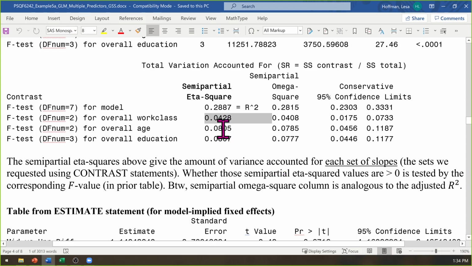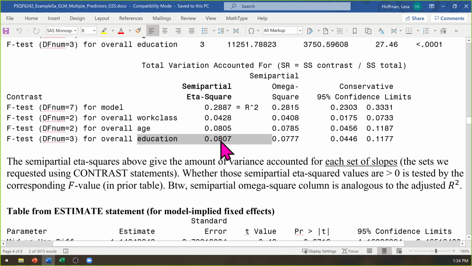So the 0.29, 0.04 of it is because of working class, 0.08 of it is because of age, and 0.08 of it is because of education. So these are effect sizes that tell you the relative importance of each predictor variable after factoring in however many slopes are necessary to describe it.